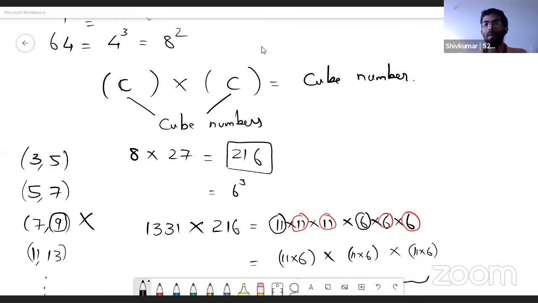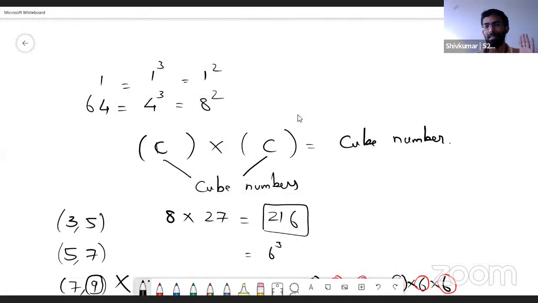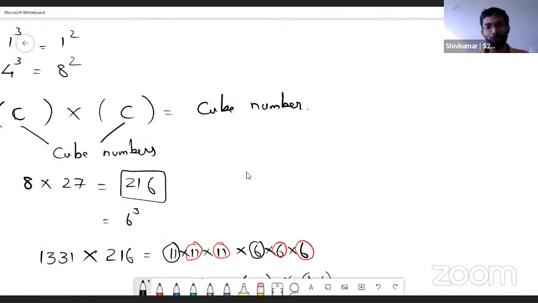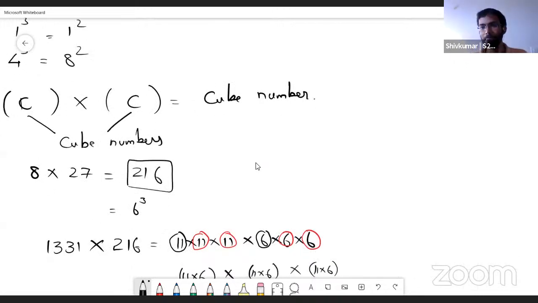So now, whoever has made this observation, can you share the next number that has this property? So 1 has this property of being both a square and a cube. 64 is the next number. What is the third number? I'll pause here again for some time. So all of you, take your notebooks and start working out, start playing. Let me just write the combination again. So 1 is nothing but 1 squared and 1 cube.